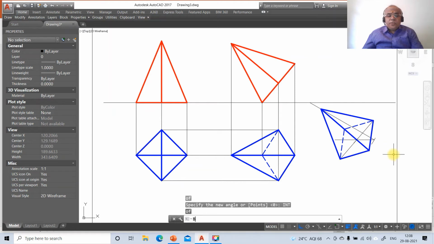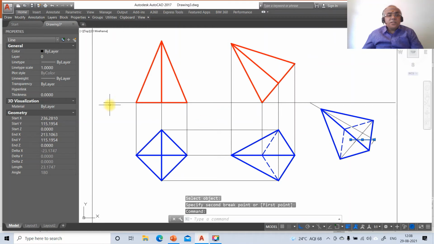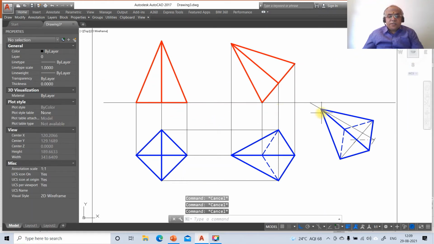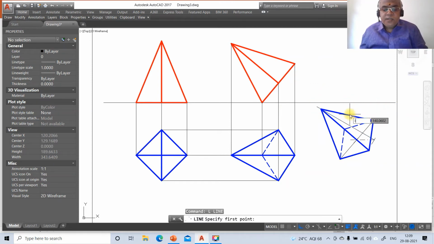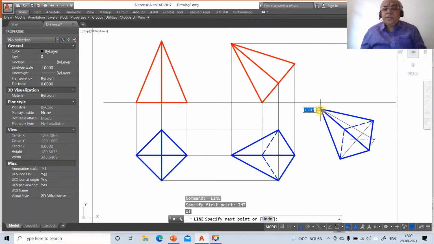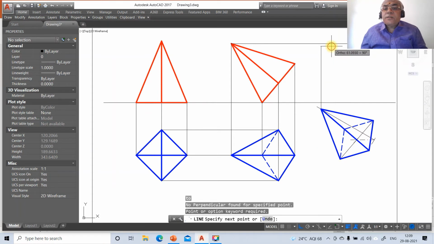So here you break this line till here, then you just click on this, go to layer, make that layer as the locus layer, and you take this as 10. So you're going to get the line type here. Then go to break this, and similarly. So now you just go to line, take int of this line, take int of this and draw a horizontal projector. Then go to line, take int of this and draw a vertical projector.